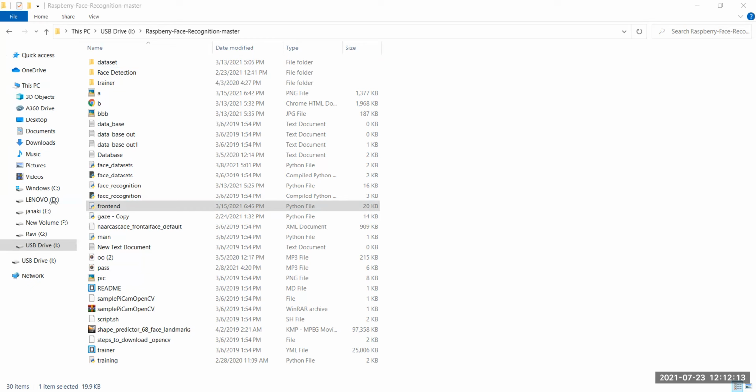This is the code which we have used for our Raspberry face recognition. Stop video means it is used to stop the recording of the camera.